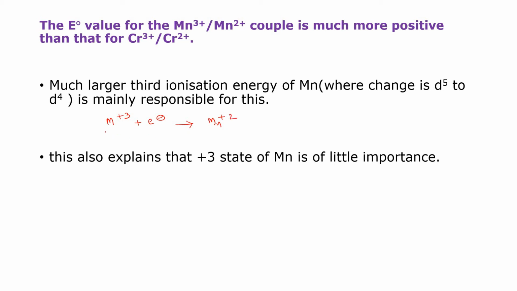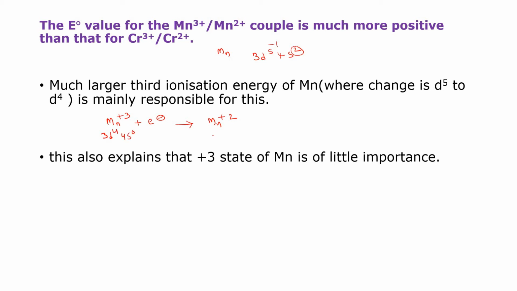I am writing just the configuration, of manganese actually. What is the configuration of manganese? General configuration 3d5 4s2, right? Now how many electrons do I have to remove here? In the case of this one, plus 3 means how many electrons? I have to remove 3 electrons. So 2 from here and 1 from here. What do we get here? 3d4, 4s0.